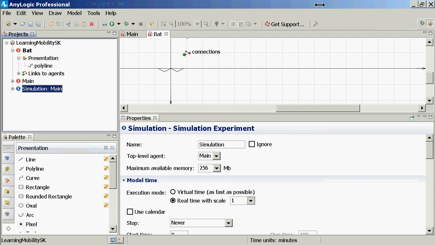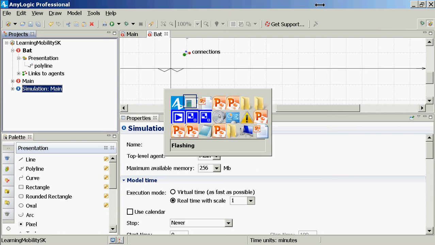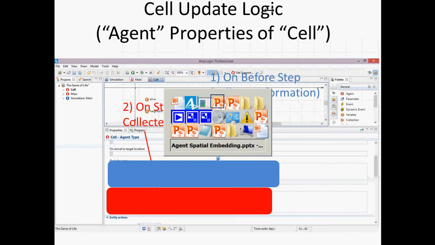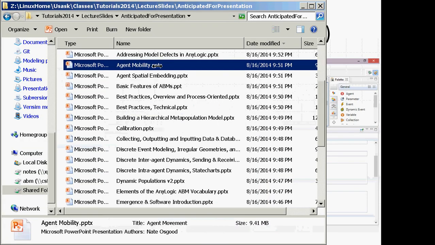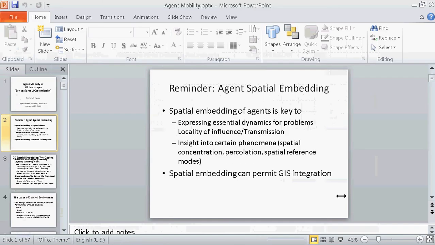We haven't done anything different except playing around with some presentation stuff. But now I'd like to put in place mobility, okay? I'd like to use mobility. The key thing with mobility, folks, is that AnyLogic supports moving in space, okay? So if we have agents and we need them to move, and this is all part of the slides that I've shared with you,